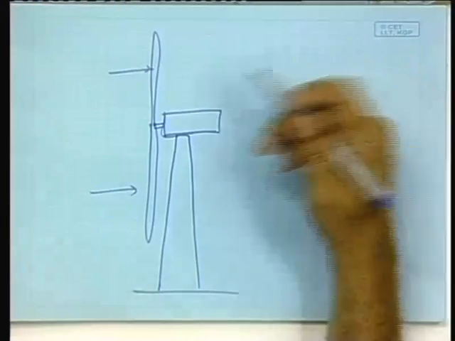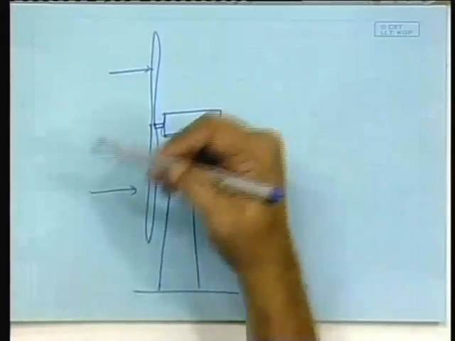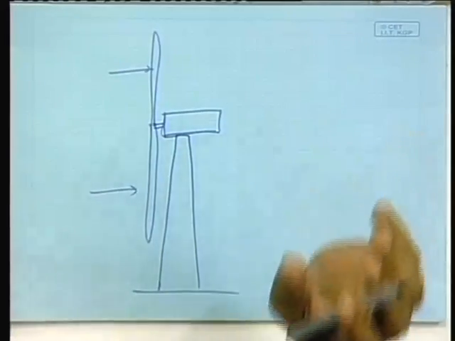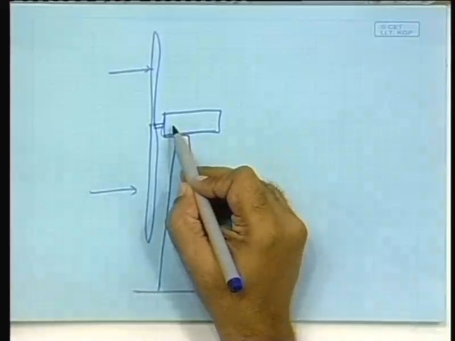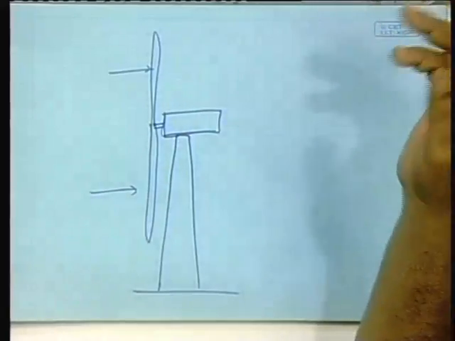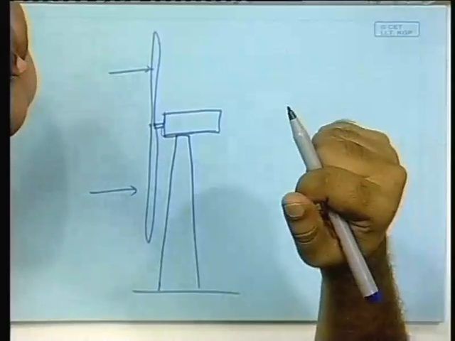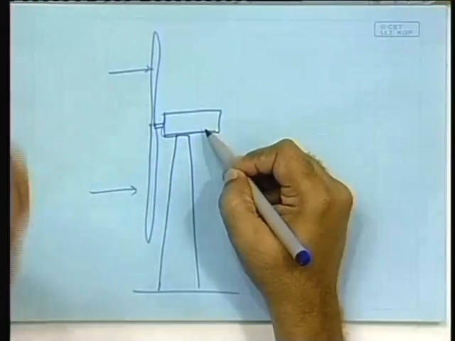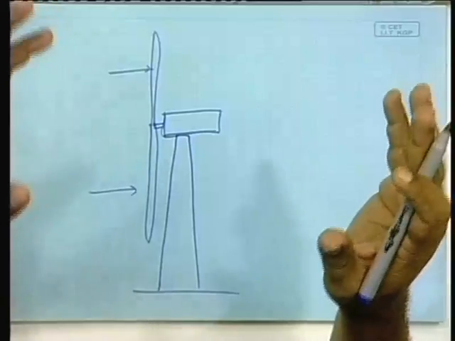The other thing is that as this fellow rotates, there is a rotation and naturally a rotational frequency is generated. The gearbox rotates at a different speed, because there is a gearbox. So, there is one side rotating at one speed, the other side rotating at a different speed, and the generator is also rotating at a different speed. So, these are naturally occurring